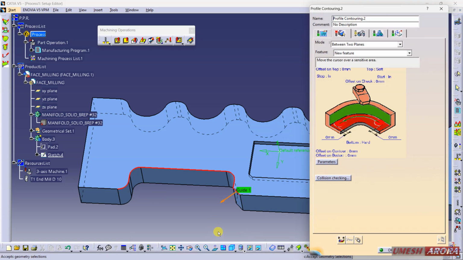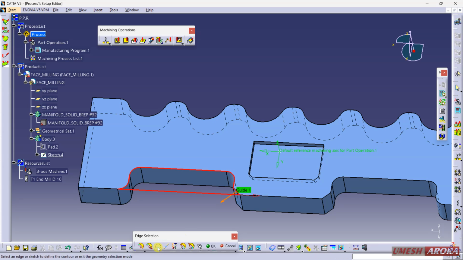And OK, or click here. We can also use a line to close it.